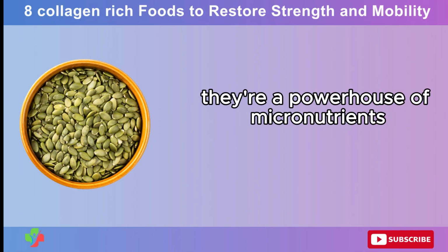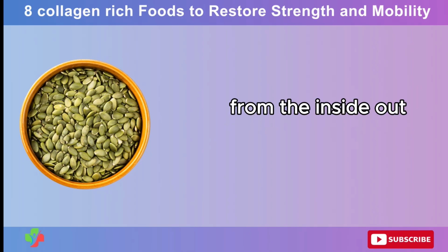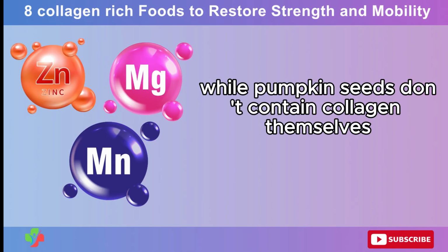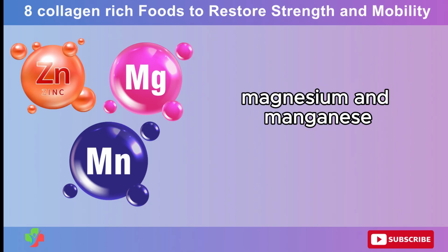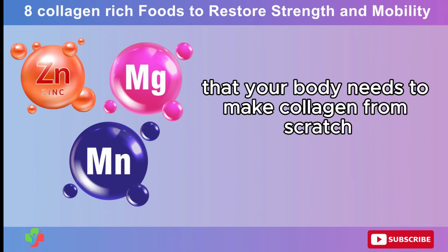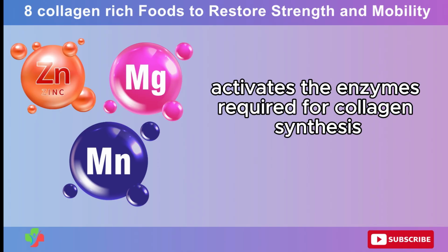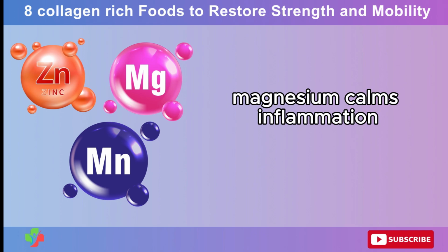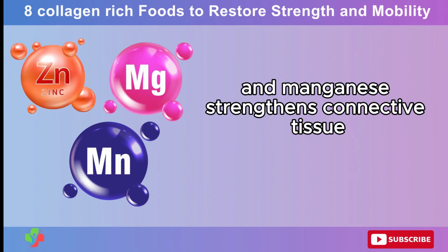They're a powerhouse of micronutrients that help your body build and protect collagen from the inside out. While pumpkin seeds don't contain collagen themselves, they're rich in 3 essential trace minerals, zinc, magnesium, and manganese, that your body needs to make collagen from scratch. Zinc activates the enzymes required for collagen synthesis, magnesium calms inflammation and supports muscle relaxation, and manganese strengthens connective tissue